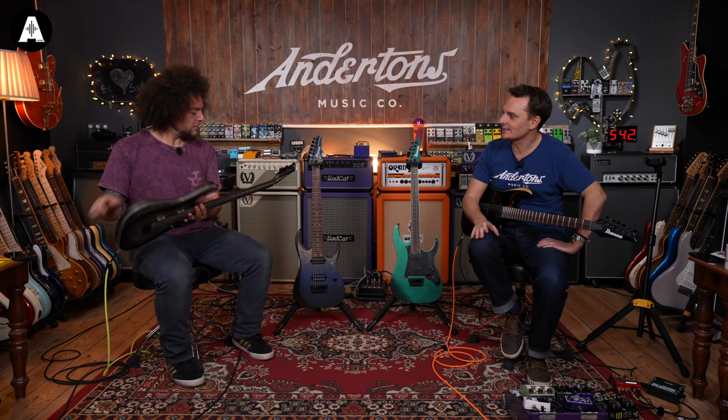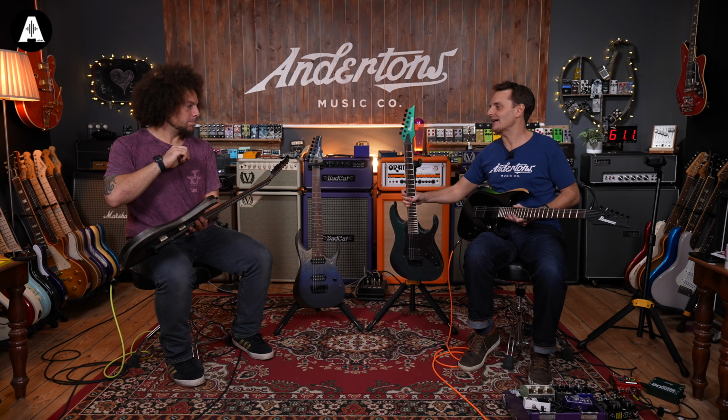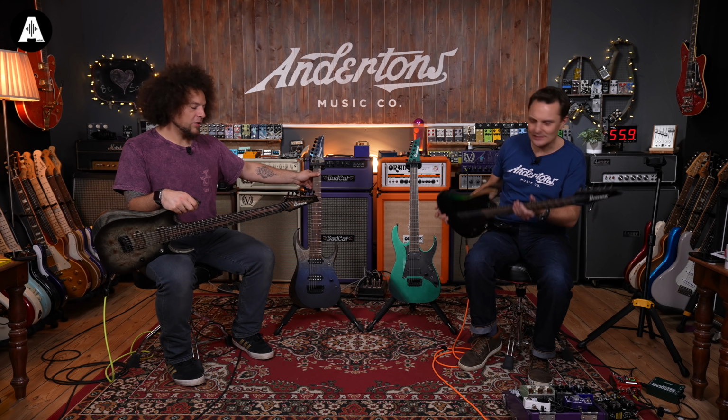RGD71ALPA. Because it's got the D in it, that's the extended scale length one. Did we mention that? Yes. RGD, which I think actually, in fairness, is no, not that one. That didn't have the D in it. Which one had the D in it? We need the D in it. This one and this one are, if it's RGD, usually like a 26 and a something inch scale